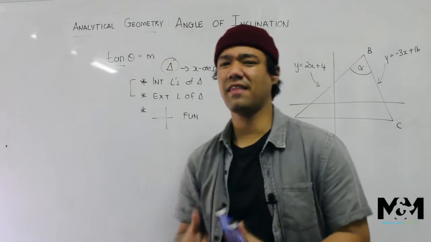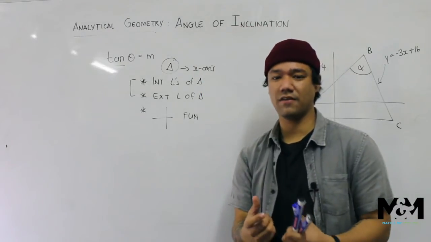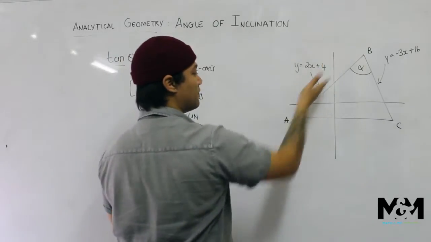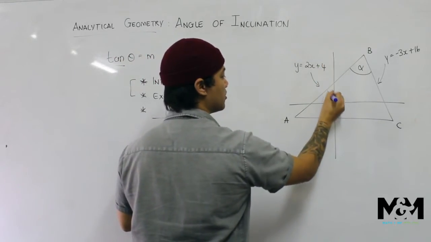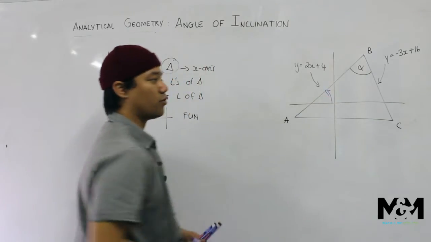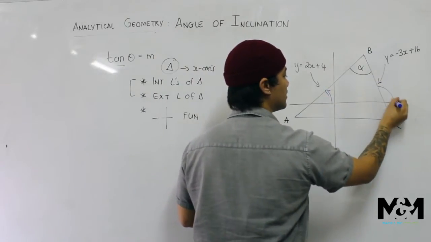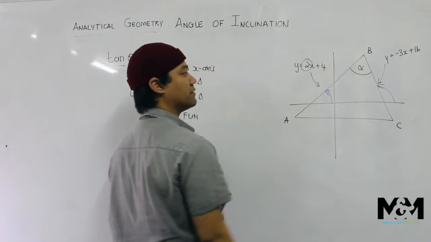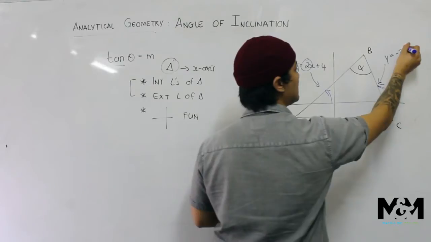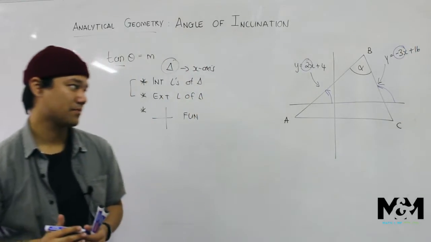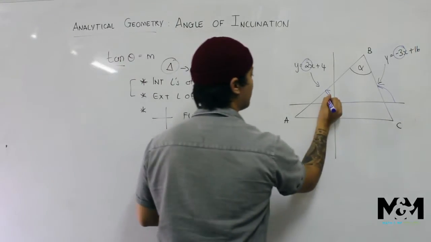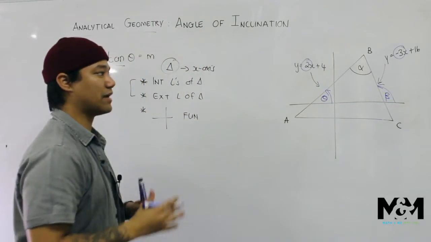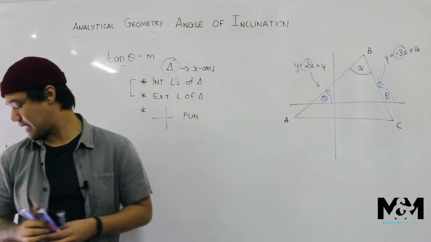We need to remember that with inclination of the angle, we can only find angles at the x-axis, which means that I can find the angle of inclination of AB, which is there, right? I can also find the angle of inclination of BC, which is there, because I have the gradients of both of those lines. AB obviously having a gradient of 2 and BC having a gradient of -3. Okay, so since I can find this angle, and let's make that angle beta, do we see that when I make a triangle with my x-axis,